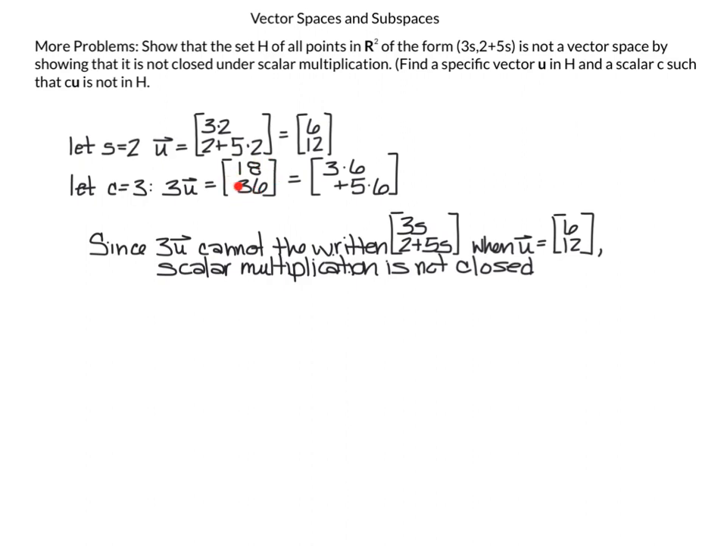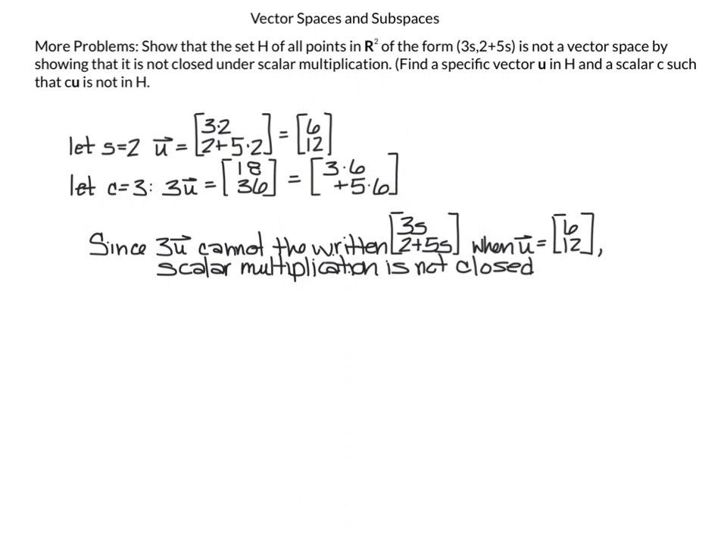So I want to know if it's still in this form. If it's closed, it'll still be in the form 3s plus 5, 3s, and then 2 plus 5s. If the top is in the form 3s, that would be equal to 3 times 6, because the top is 18, right? But that would mean s is equal to 6. So I plug in my 6 here, and if I add 2, I'm not going to get 36, I'm only